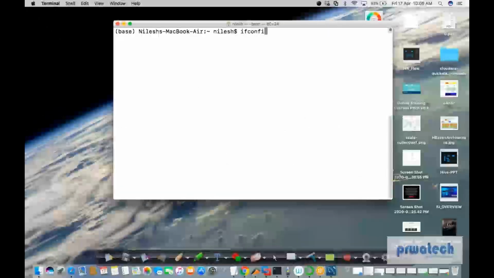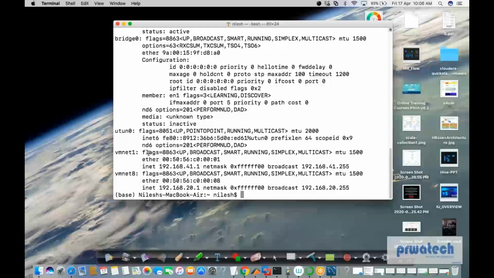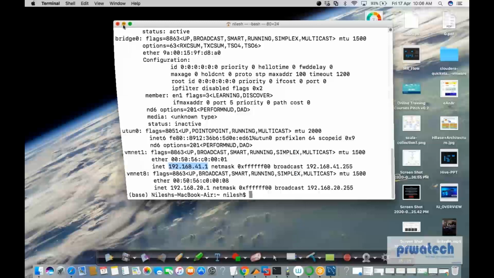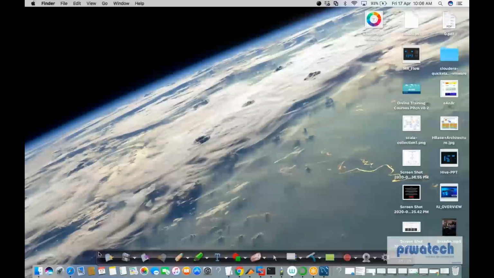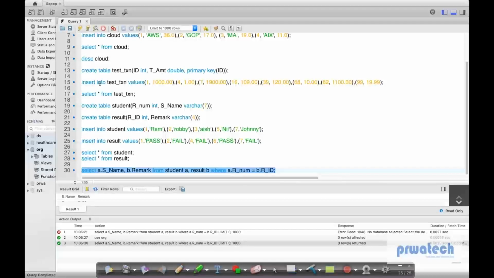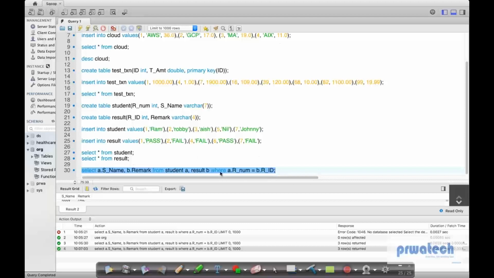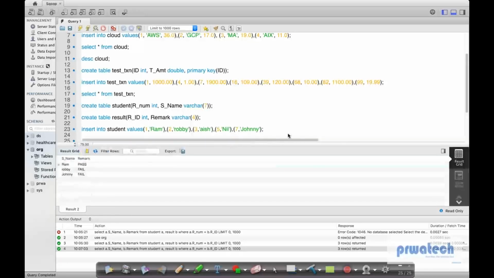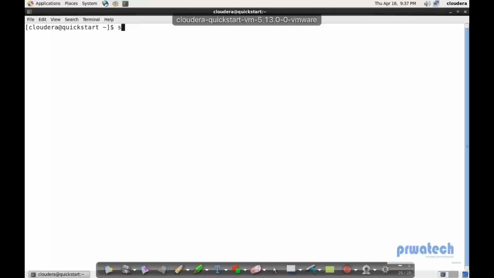If I run ifconfig, my IP is the same, so no need to grant it again. I will go here and run this. So this is my output. Here my query is as follows: Sqoop